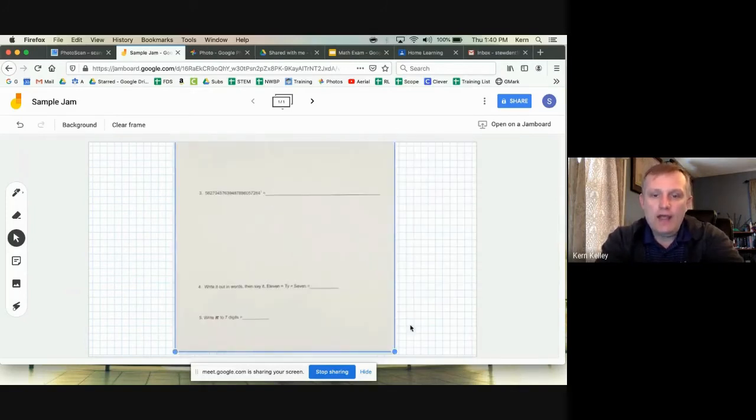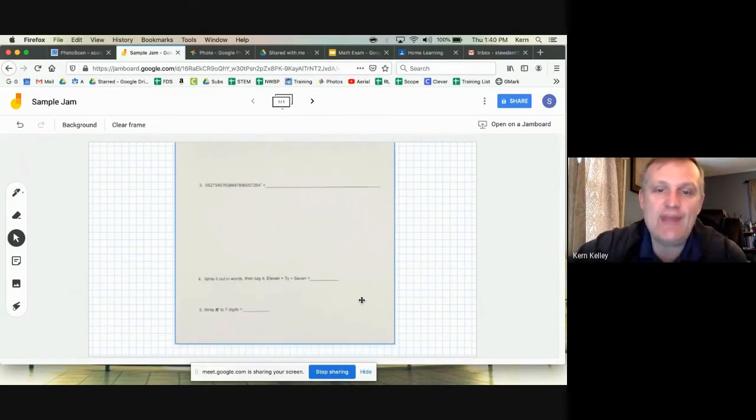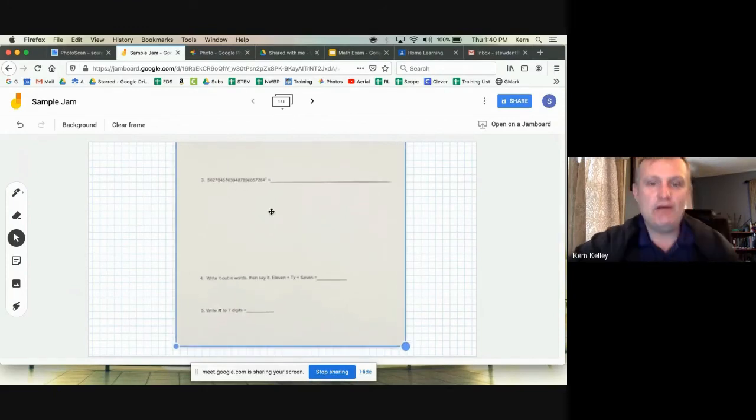By the way, this was one of my problems. This big long number, it's like a 20-digit number to the 7th power. My 6th grader wanted me to do that for an assignment. I got that one wrong, by the way, if anyone's wondering. I kind of gave up on that one.